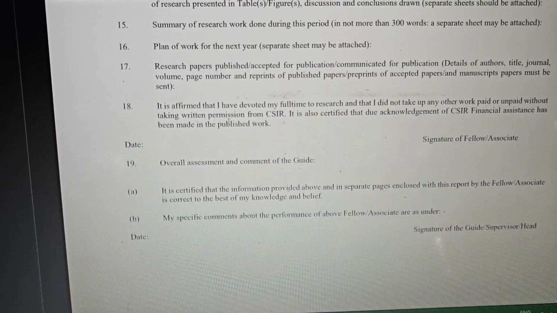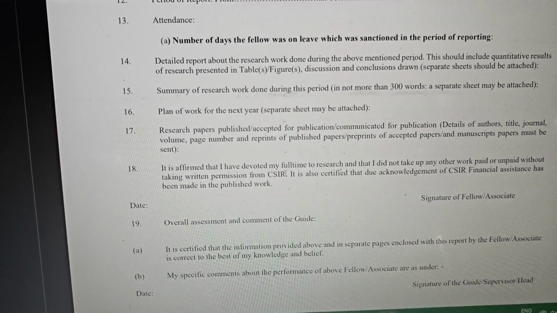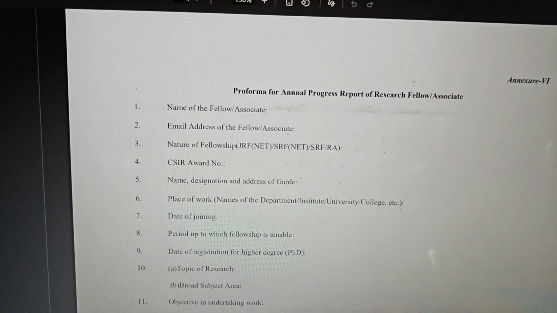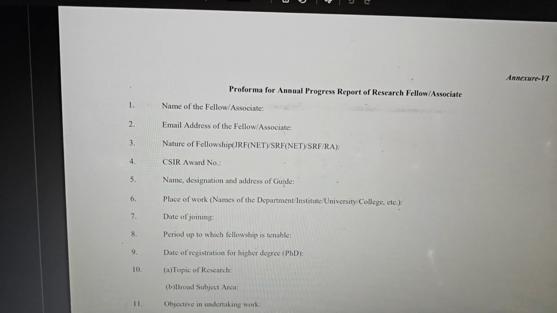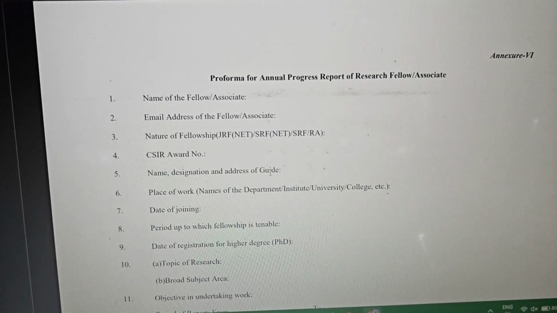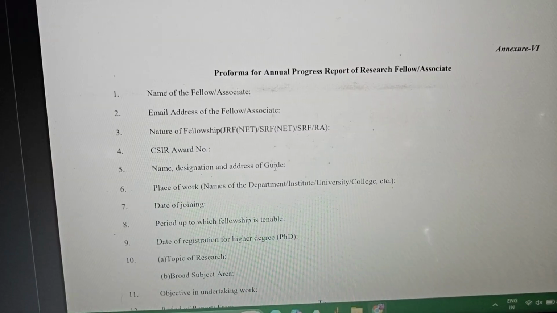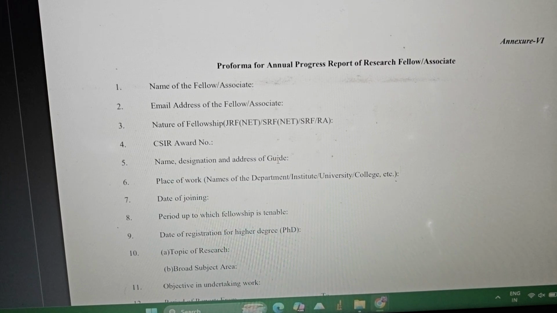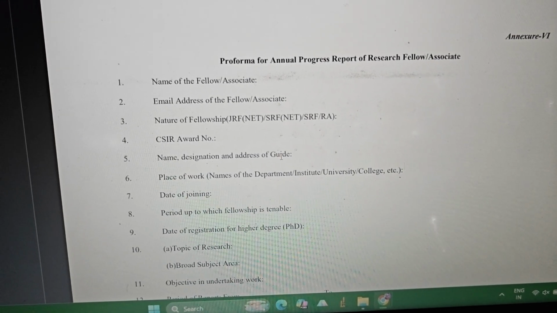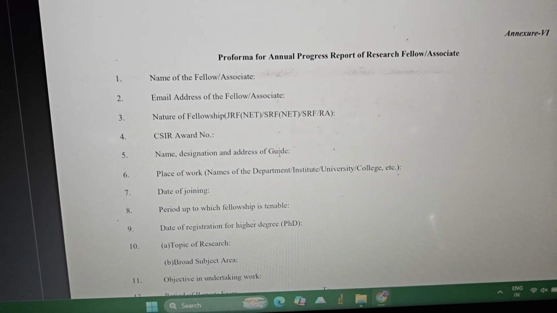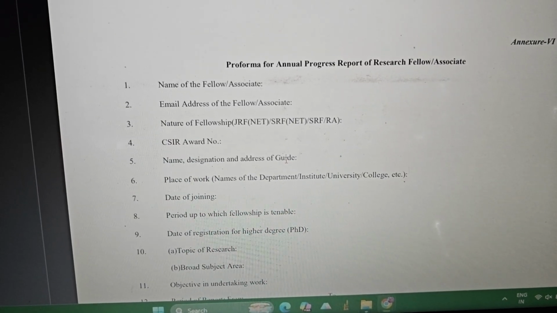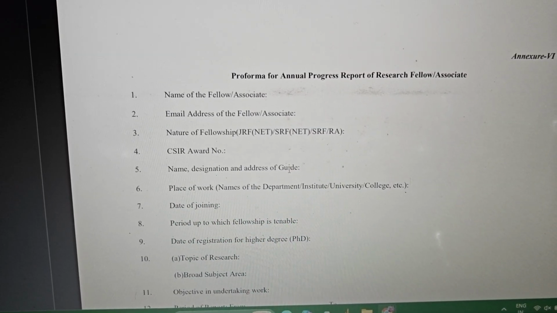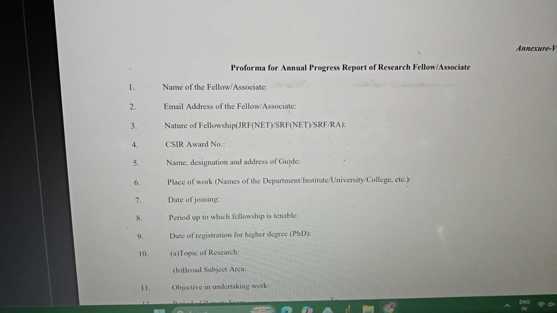Okay, so the overall assessment and comment of the guide. These are the two things that you have to submit with the whole report. And then just submit it to your nodal officer, and within 2 weeks they do everything. And after 2 weeks you would get all the steps that you have done for getting the JRF, those online steps, like step 1, step 2, step 3. Here you would get 7 steps, and there would be 7 bars on the CSR website,